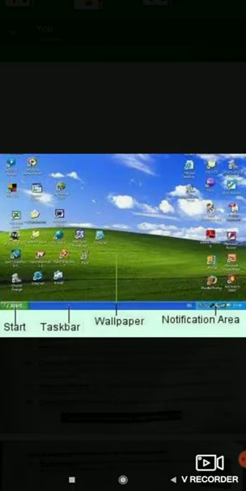That entire screen is known as the desktop or the home screen. Take a look at this picture as an example. You see there is a start bar, the taskbar, the wallpaper, the notification area, and also we have multiple icons. This is known as the desktop or the home screen.